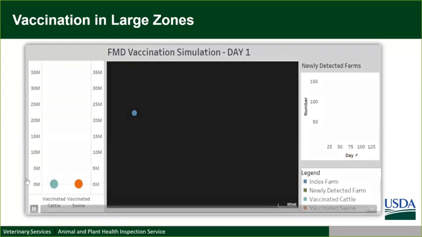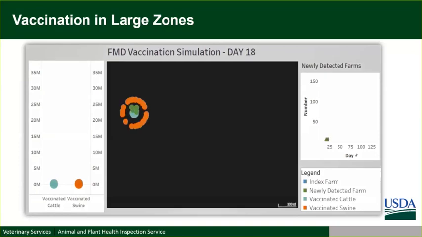Hopefully this plays okay. But basically this is looking at a start within a swine industry, a swine dense area, and applying vaccine within an 80-kilometer area, so covering most of the state essentially. And so you can see that you're applying vaccine for swine, which is that orange color, within one large area, as well as applying vaccine for cattle in that same area. And so all your doses are being applied to this area, and you don't have any doses available to apply to new detected areas that jump out of that 80-kilometer area.